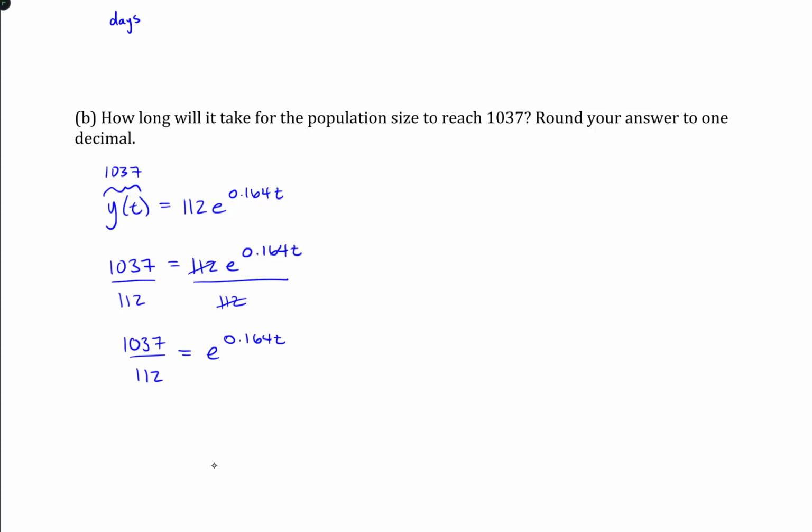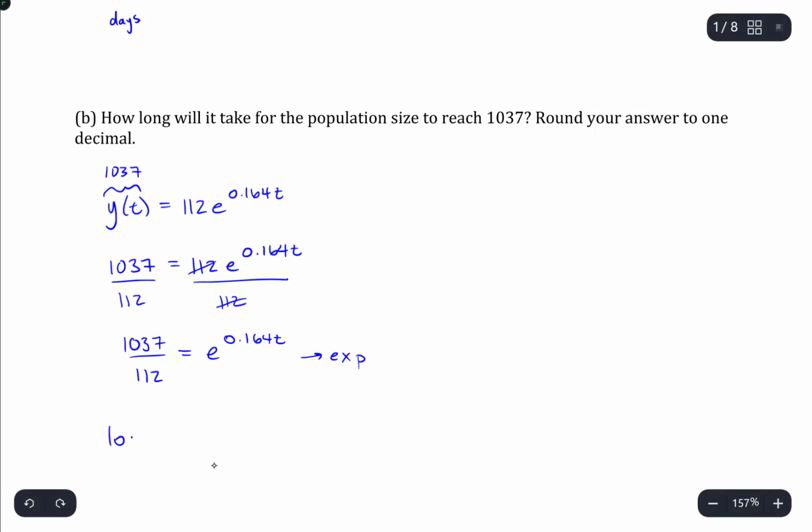Okay, so now I have an exponential function. So this is in exponential form. And I have a variable in the exponent. So what I need to do is get that variable out of the exponent. The only way to do that is to change into logarithmic form. So it's going to be a log base e, because my exponential function is base e, of